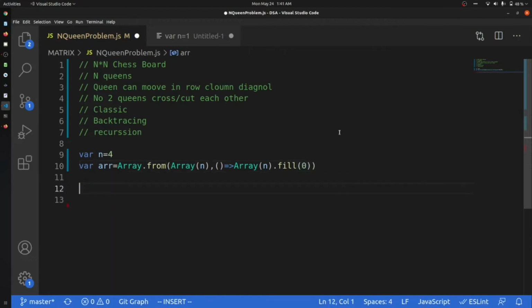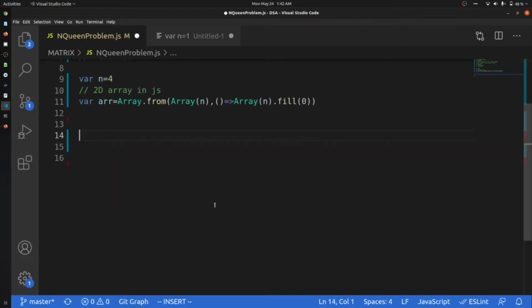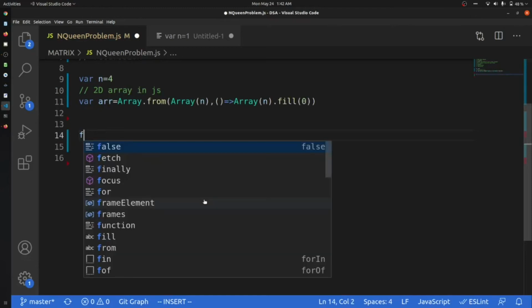Okay, so this is a way in which we can create a 2D array in JavaScript. I'm using JavaScript for this code. You can use any of the other programming languages that you like, Java, C, C++, any language that you like. Firstly, we will create a function